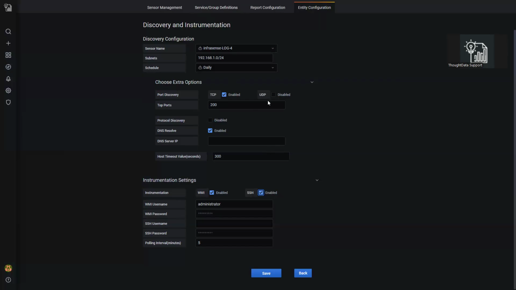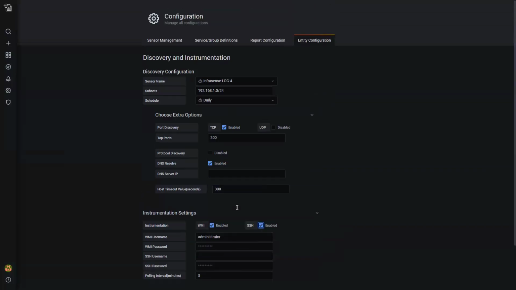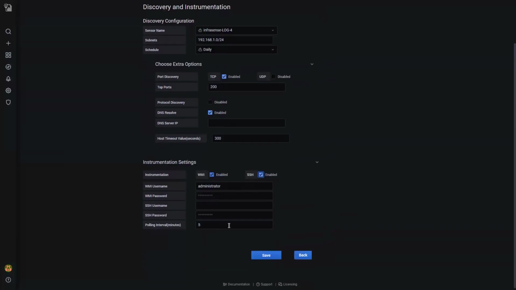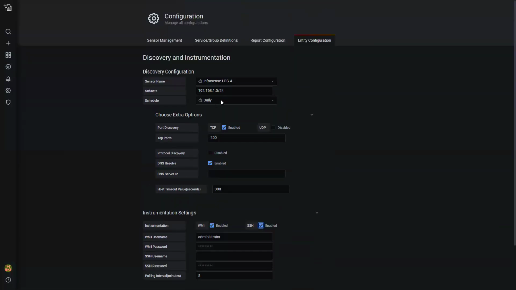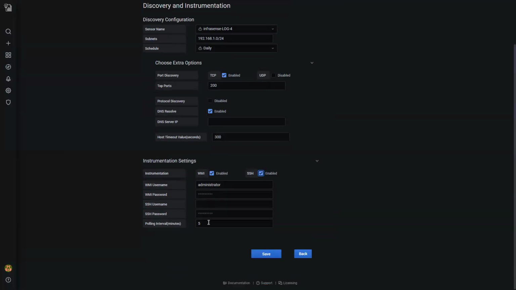One of the critical requirements for the discovery process is that you should maintain a common WMI username and password for all Windows systems and a common SSH username and password for all Unix or Linux-based systems. So if you maintain it that way, you can enable the discovery process. The discovery process also runs on a daily schedule. It also runs immediately when you start the discovery and save the discovery process. But subsequently, it will run on a daily basis. And if any new servers have come into the network where authentication succeeds, then those devices or servers will be